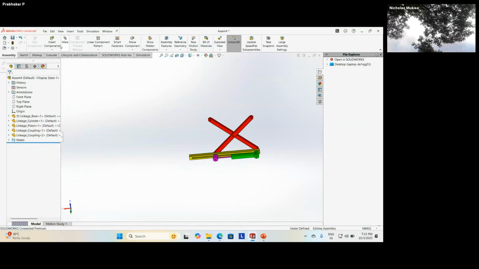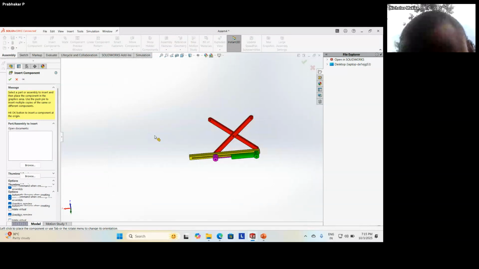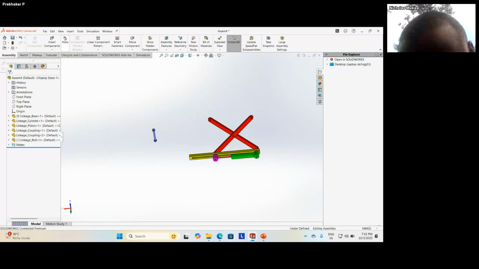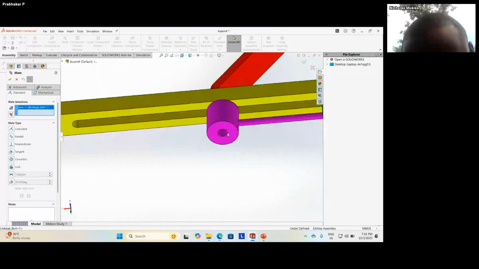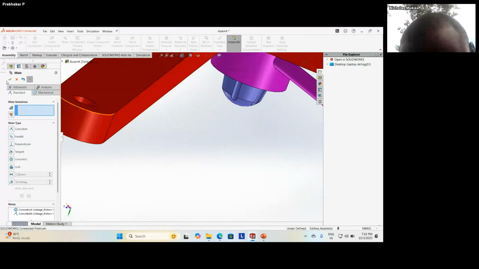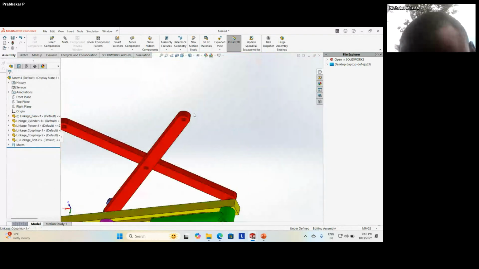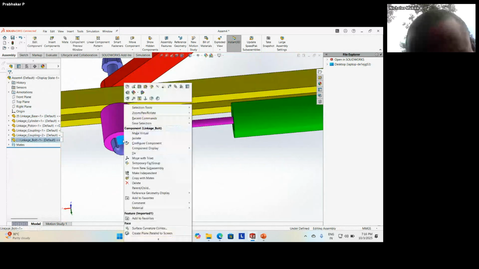The last part I'm bringing in is the linkage bolt, giving mate, concentric, selecting this face. Now I use copy with mates. Earlier I have told once, for people who missed it, I am telling it again. Right click here, you'll find copy with mates.